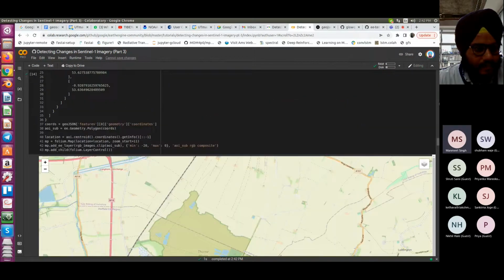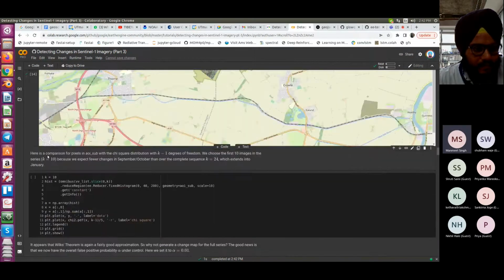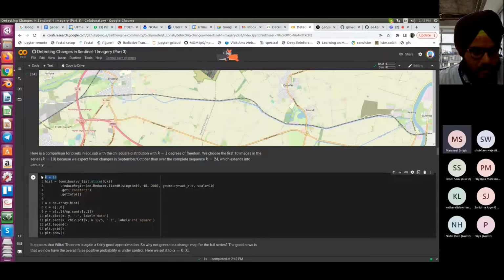So here is a comparison for pixels in AOI sub with chi-square distribution with k minus 1 degrees of freedom. We choose the first 10 images in the series because we expect fewer changes in September or October than over the complete sequence k equal to 24, which extends into January. So now you see we take k equal to 10, and the histogram that we are taking is,